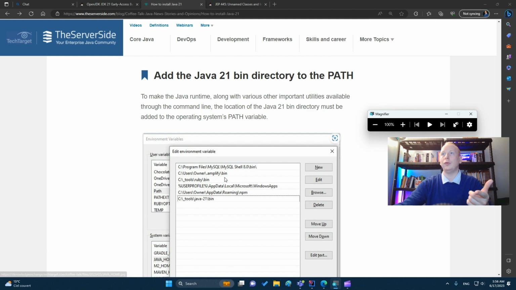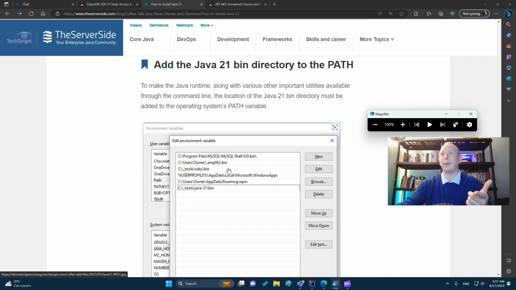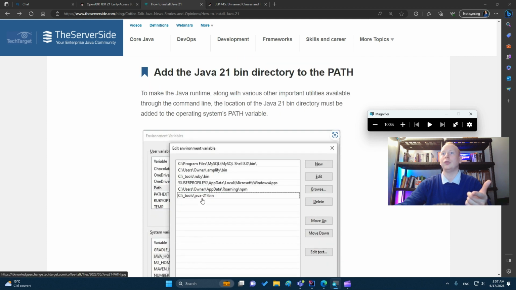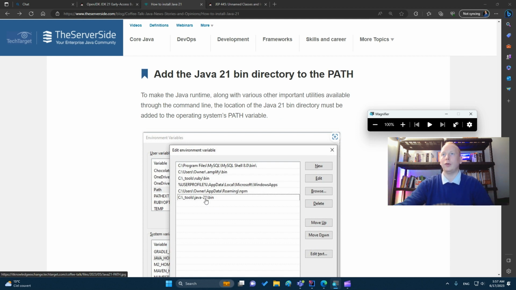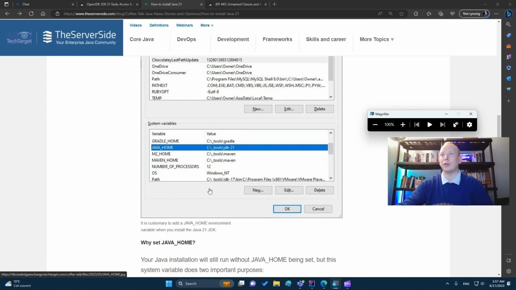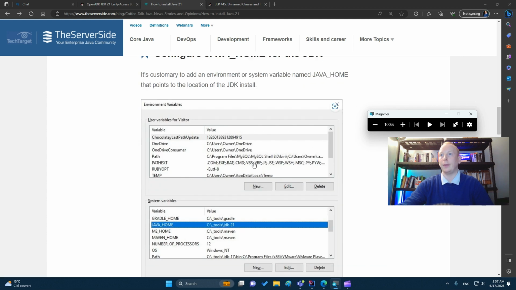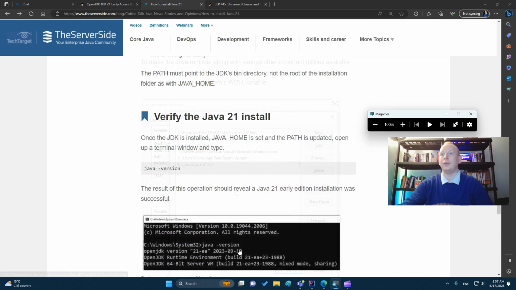And then you add, in the path environment variable, the new path of your JDK with the \bin at the end. In the Java Home, it was only JDK-21, but in the path you have to indicate after JDK-21 the \bin. Okay. So now you can verify the install.